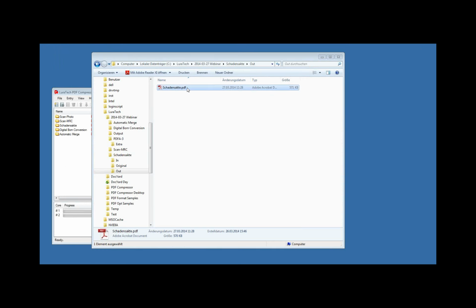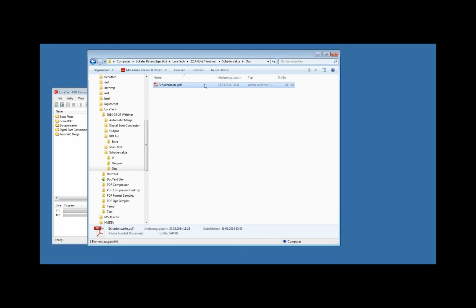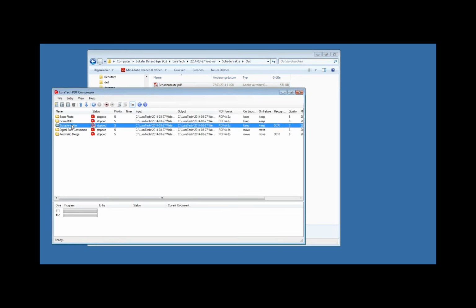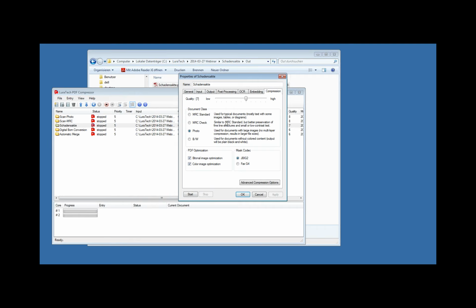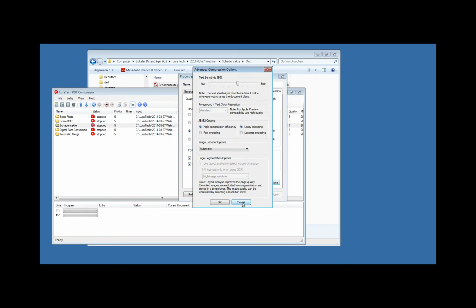And you see this document was also compressed quite impressively, but not as strong as the ones we had before. In terms of respecting the image quality, we end up at about 150 kilobytes per page. So the thing to keep in mind here is there is quite a range of options to set for compressing such documents, so you can choose between different so-called document class presets. You can also adjust the quality here,